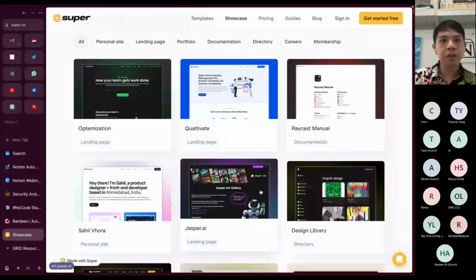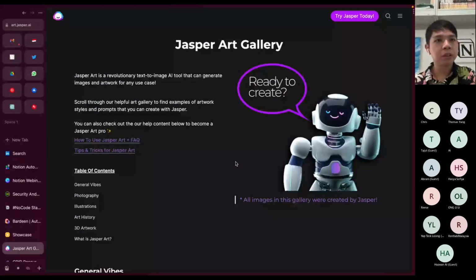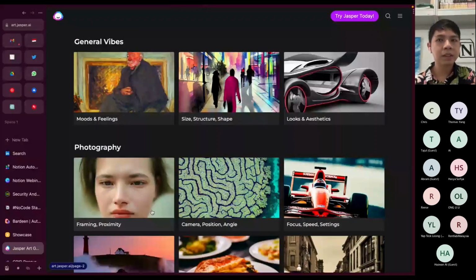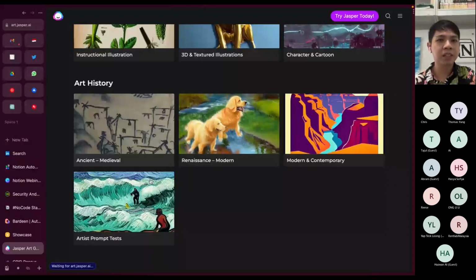So this is a website created using Super, but all of these things are part of Notion. You can see the URL has changed to art.jasper.ai, and they have a more seamless interface. It definitely doesn't scream Notion to you. It just looks like a legitimate website.